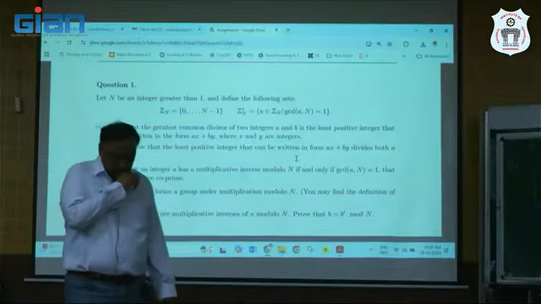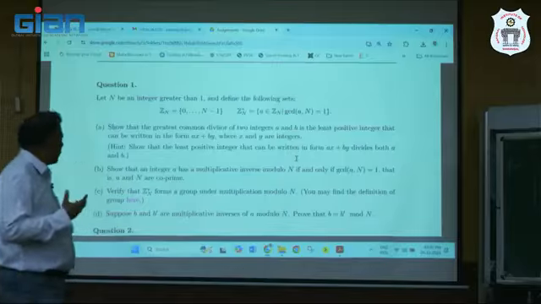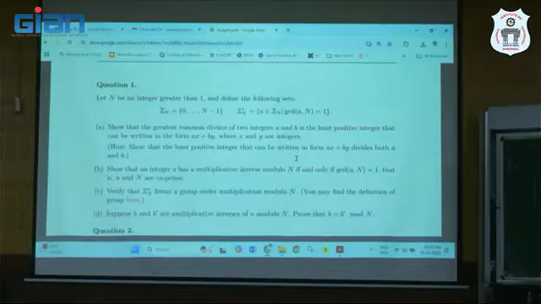So we wanted to argue that Z star n is a group under multiplication, correct? So let's try to do that slowly one by one, okay? First thing, let's try to argue